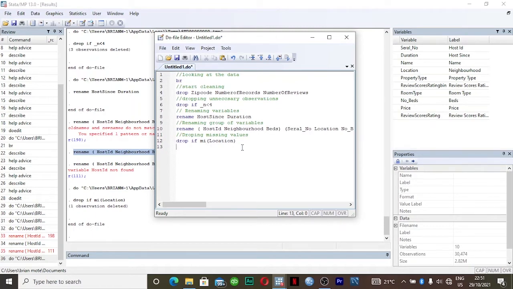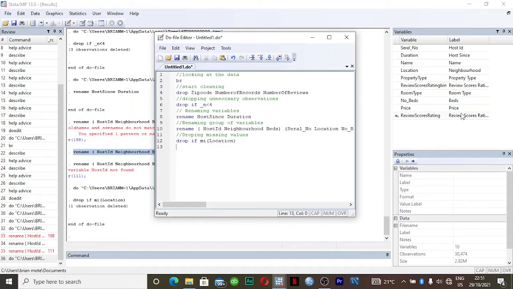And now the next thing is labeling our variables. Labeling is just an explanation of what serial number means, an explanation of what duration means, an explanation of what price means.